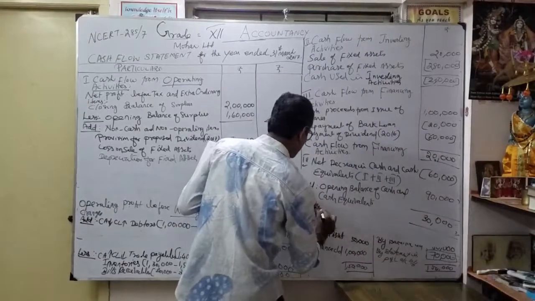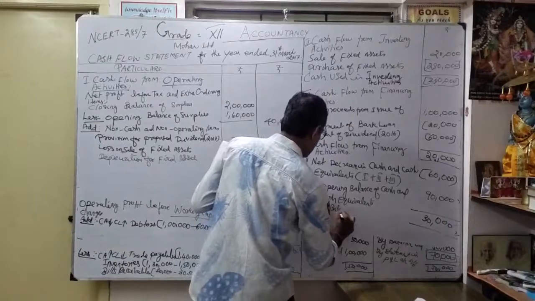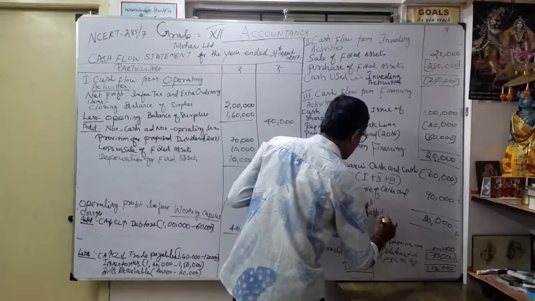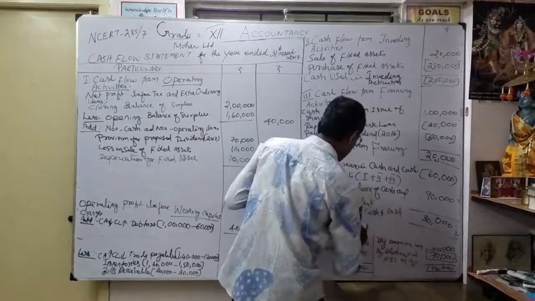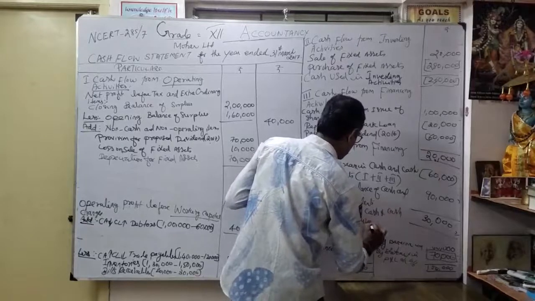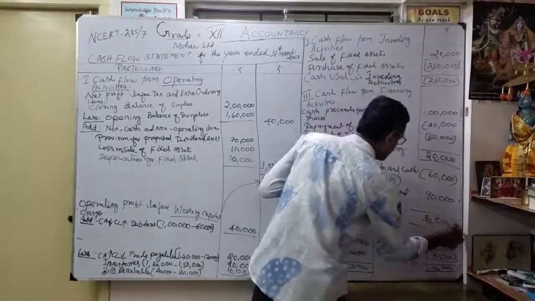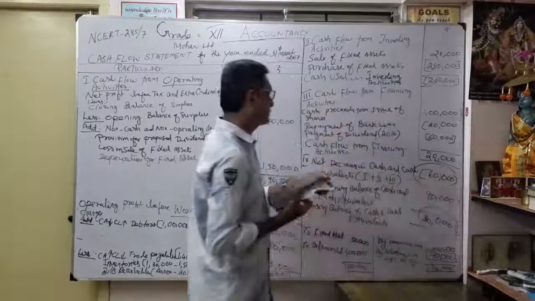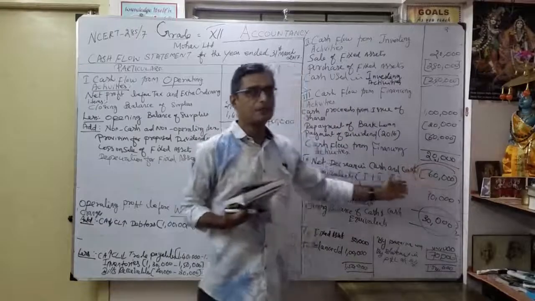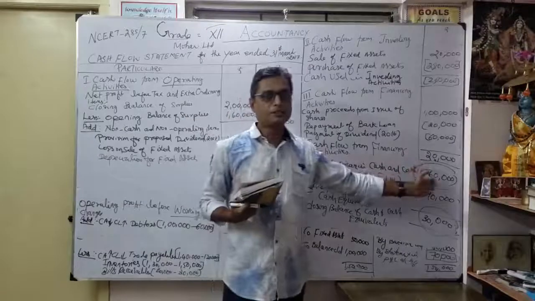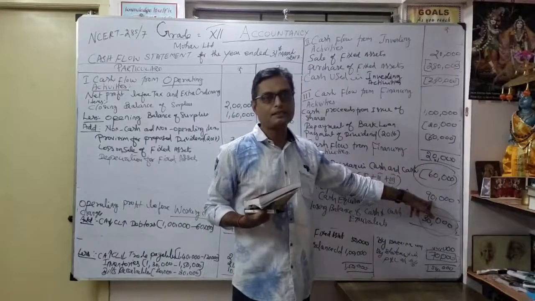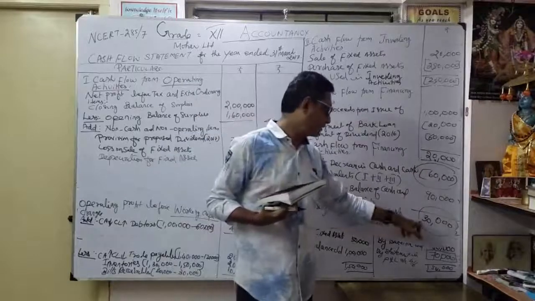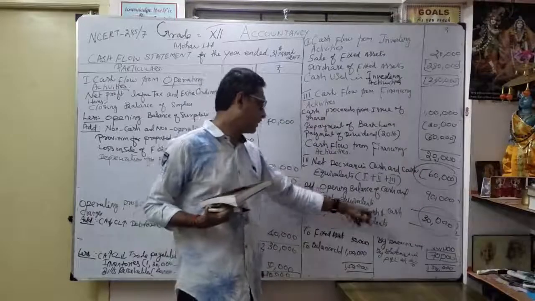That's what the answer is: closing balance of cash and cash equivalents. Okay, that's our answer. This is our cash flow statement we prepared for the 3 operating activities. Finally, we got what? Cash used more. Okay, so my opening cash balance was 90,000. I used it. Right now, what is my available cash? That's 30,000. So that is the closing balance of cash and cash equivalents.